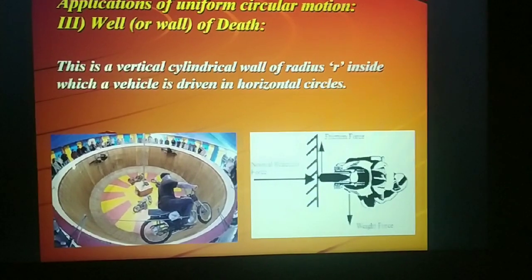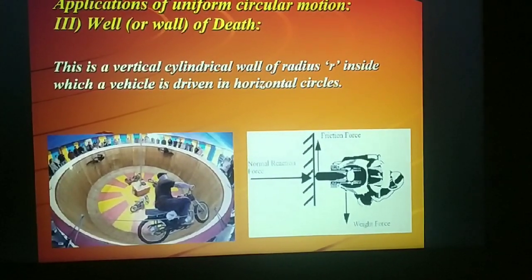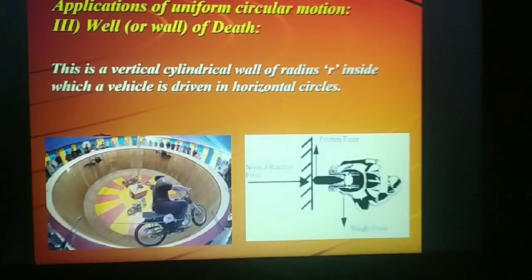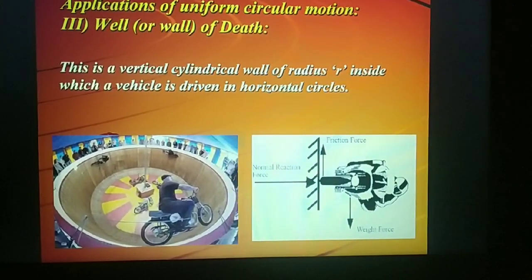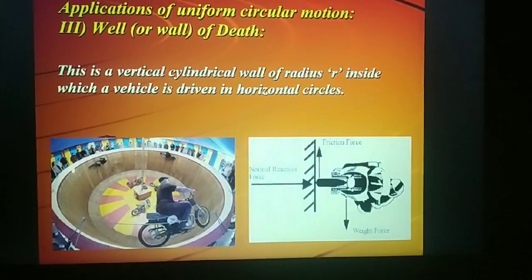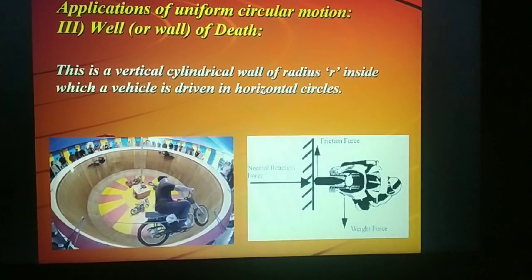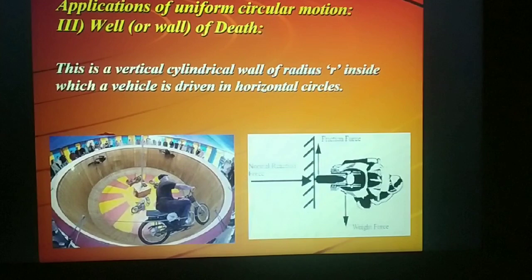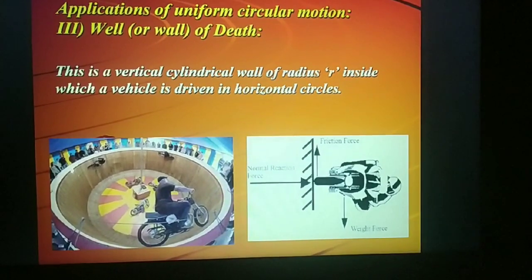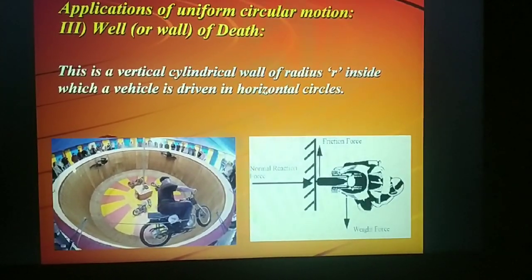Today we are starting with our next application of uniform circular motion, that is the well or wall of death. I think you already know this and have seen it during stunts, where the vehicle travels along a vertical cylindrical wall. Suppose a vehicle is traveling along a vertical cylindrical wall of radius r